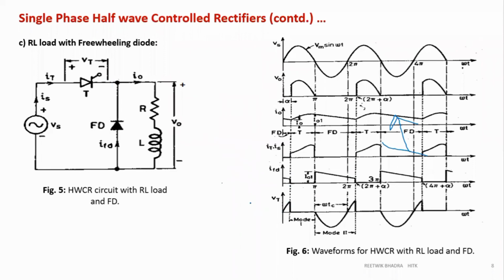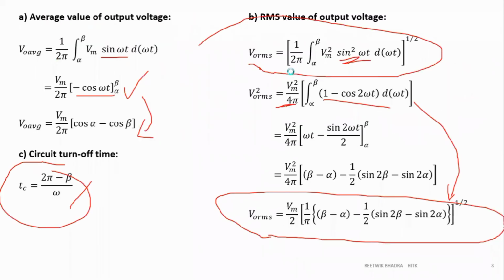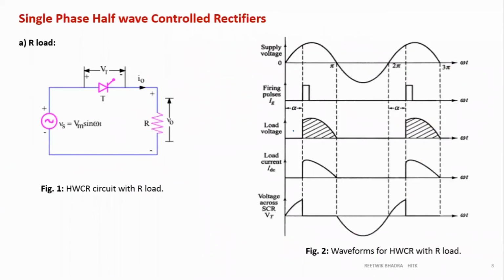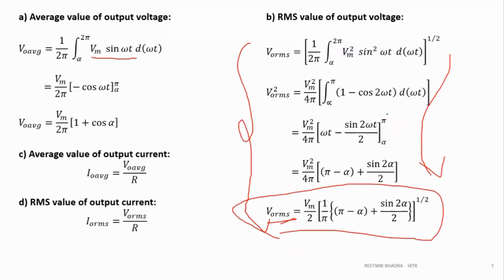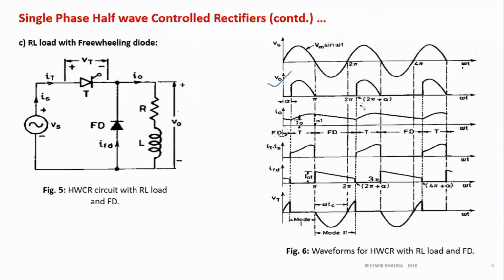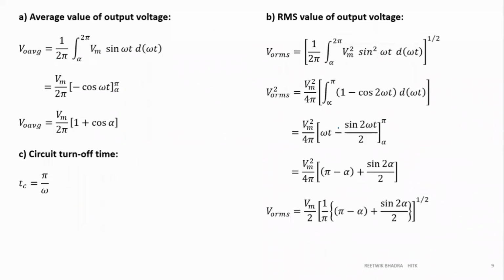And how you draw your Vt, I am keeping as a home task for you. Vt plus V naught is equal to Vs. Draw it accordingly. Now, you see that this V naught is coming similar to your resistive load waveform, right? So whatever equations are written here for resistive load, RMS and average, I have just written them here. I'm not explaining them again because the same equations have already been explained.